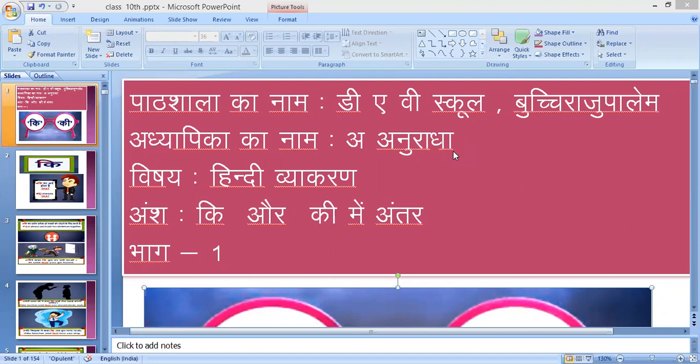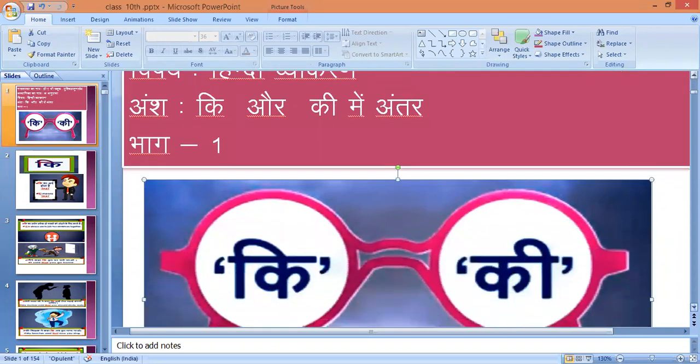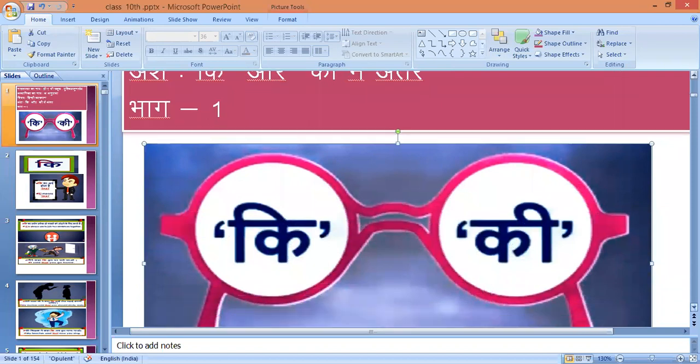So today we have taken the grammar part, and in that the short pronunciation of key and the long pronunciation of key. In this difference we can find where we use the short pronunciation key and where we use the long pronunciation key, so that we are going to learn it. Here this short pronunciation key will be used when we are going to join sentences.